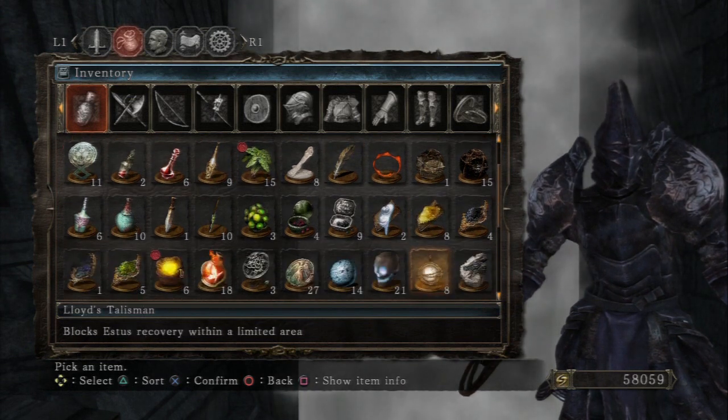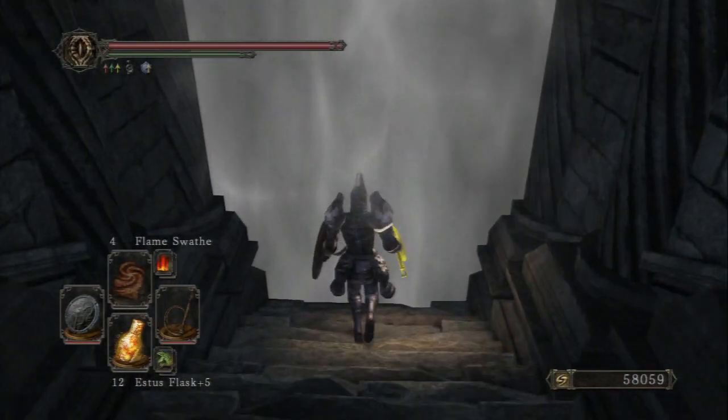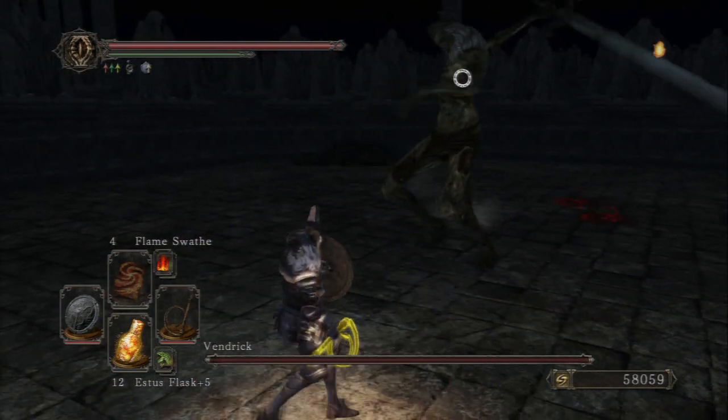I'm going to imbue my whip with lightning so I can get a little bit of bonus damage on him. This whip, let's do the math, people. He has no armor. He's bare skin, so the whip is obviously going to be the best method for him. Now, getting into the fight,